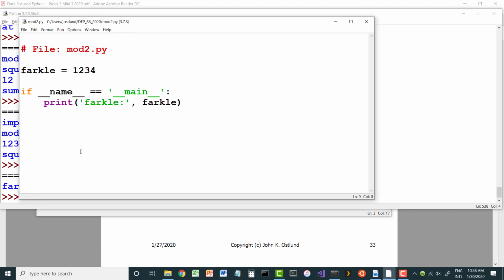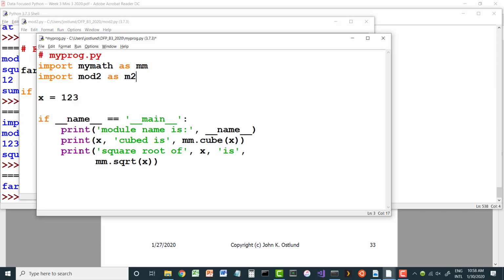If I'm executing myprog, on the other hand, within mod2, __name__ is mod2. Within mymath, __name__ is mymath, and within myprog, __name__ is going to be __main__. So there isn't any confusion. You can never have a situation where you have multiple modules with the same name,